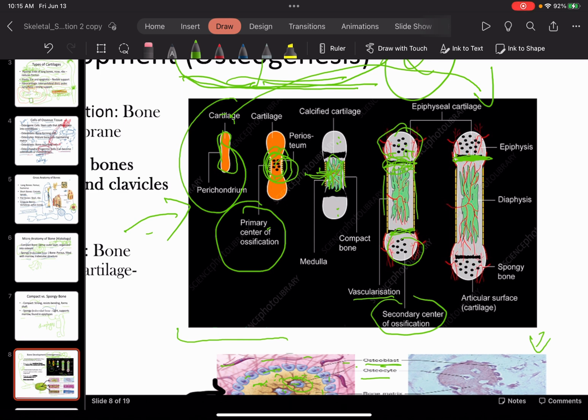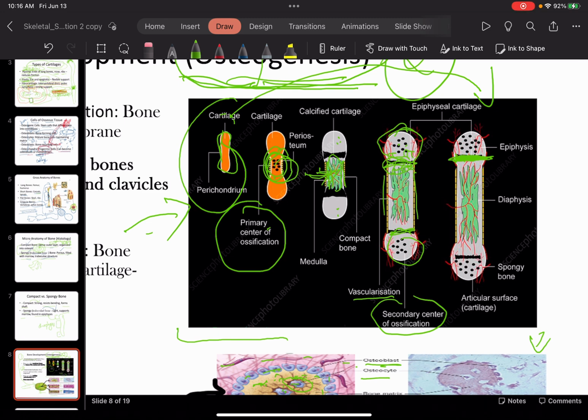So on both sides, epiphyseal cartilage is there. That's articular cartilage. This is the epiphysis, the diaphysis. This is where the epiphyseal plate is. Later, the lengthwise growth of the bone is happening in this region. So the bone formation